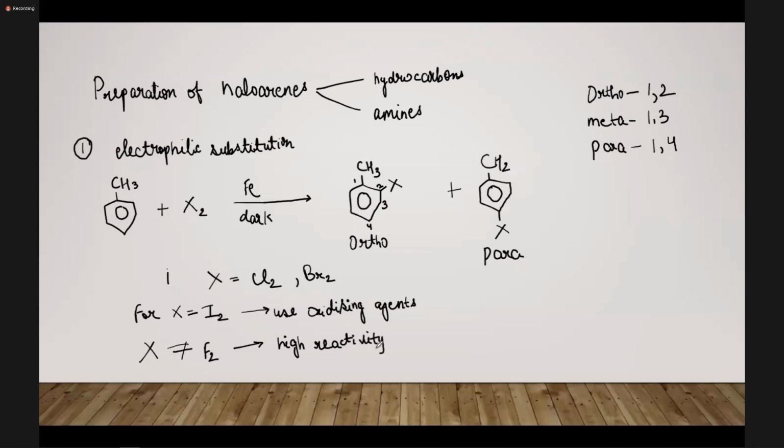So now again one question may arise that because here we have discussed that ortho, meta and para, these three possibilities are there, right? But I have not written the meta product over here. So you may ask the question like why I have not included the meta product over here. So the reason for this is as the benzene